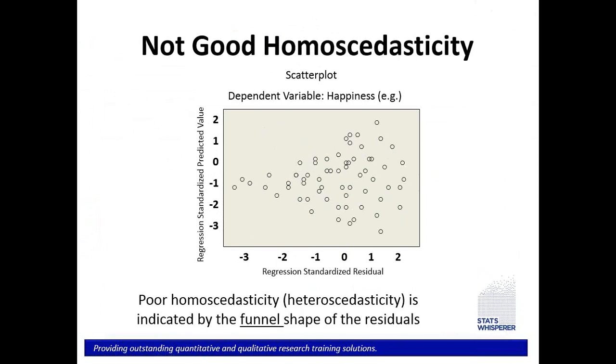Now, if it looked like this, like a funnel shape, right, that means the residuals are favoring one side, right? There's not an equivalence of variance. There's a variance over here and not so much over here, right? So that's a violation of the homoscedasticity,